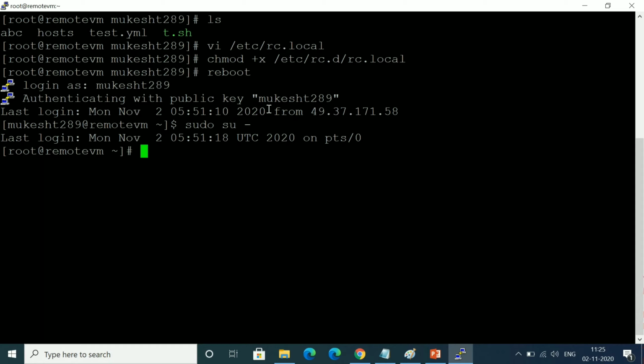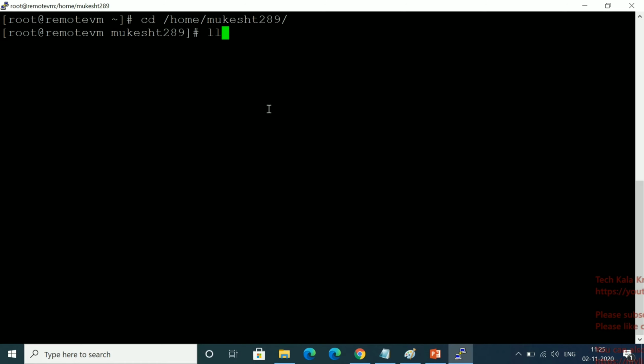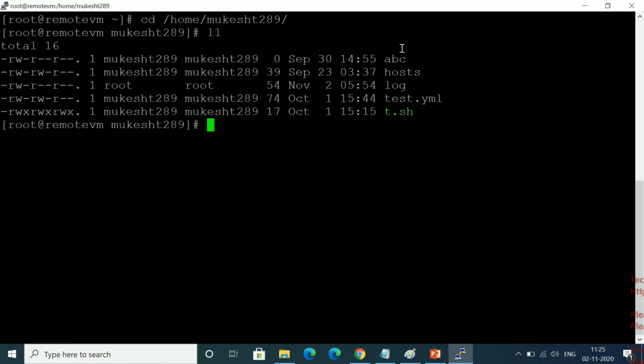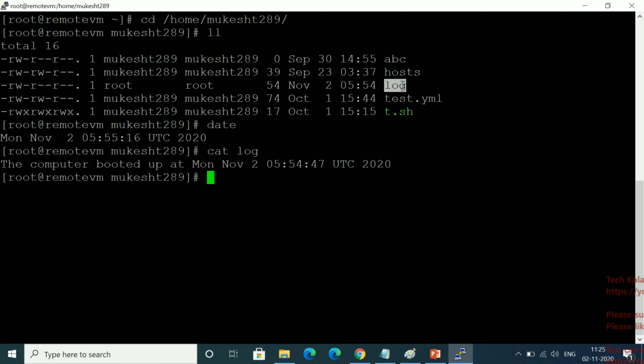Now let me go to my home directory. You can see one log file is there. The date is 2nd November 5:55, and the log file was created at 5:45. If you cat this file, you can see it says the computer booted at this time.